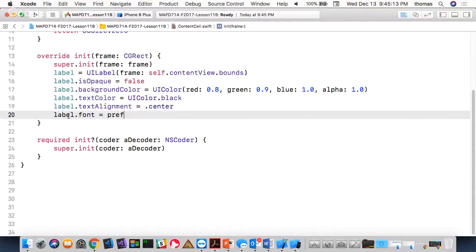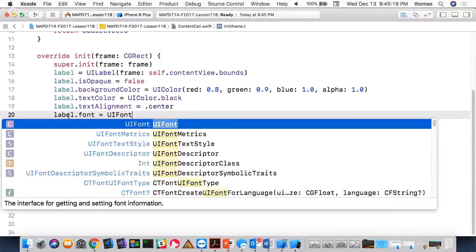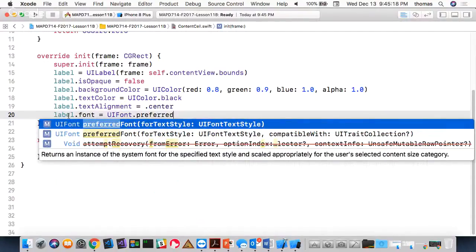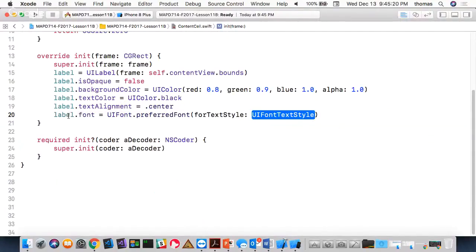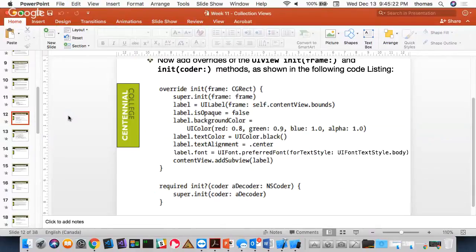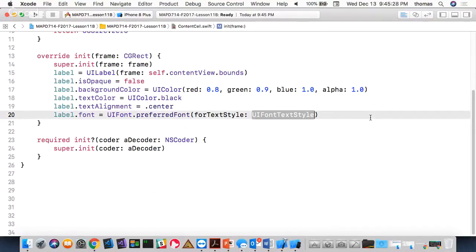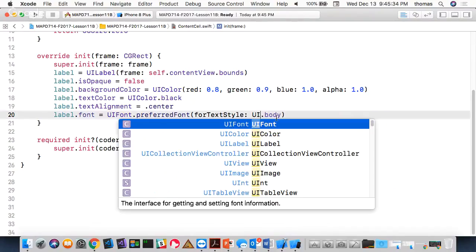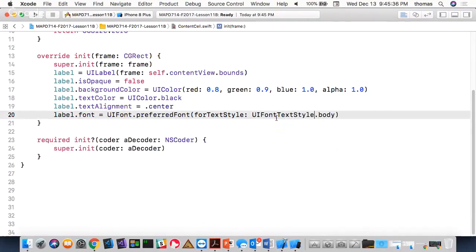UI font.preferred font for text style, right? Which is an enumeration again. UI font text style dot body. UI font text style dot body, right? UI font text style. Okay,